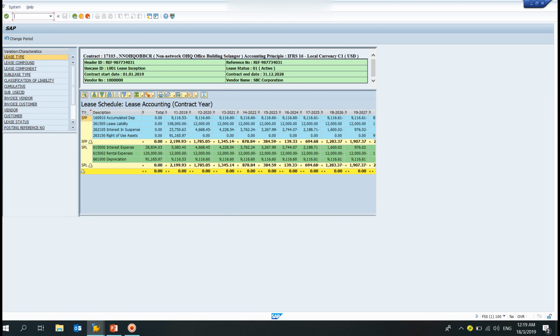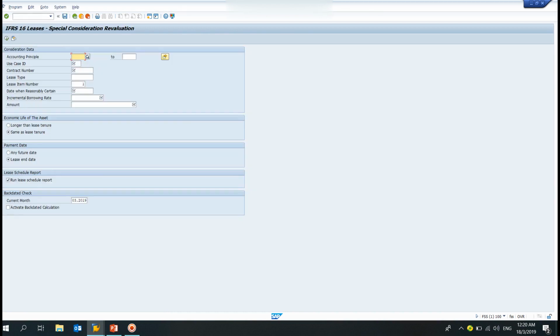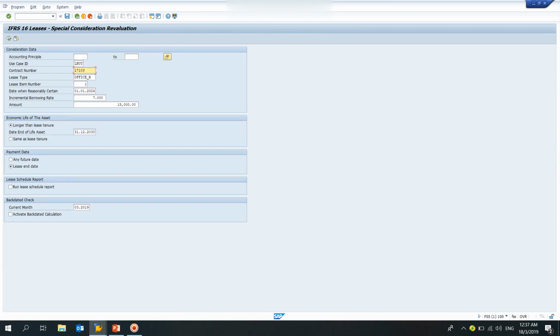So to see the impact after 5 years, we have to run the program /cogn/16tc_VC mod, which is on special consideration of revaluation. So here in this screen, we have to specify certain fields. For the use case ID, we're going to use LBUY, which stands for bargain purchase option, our contract number,